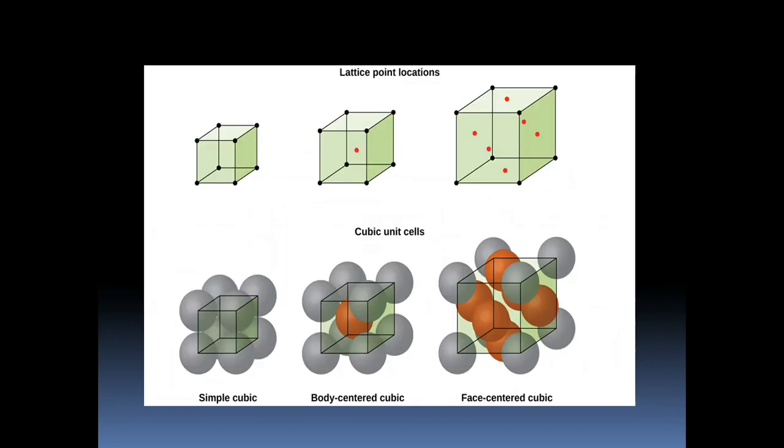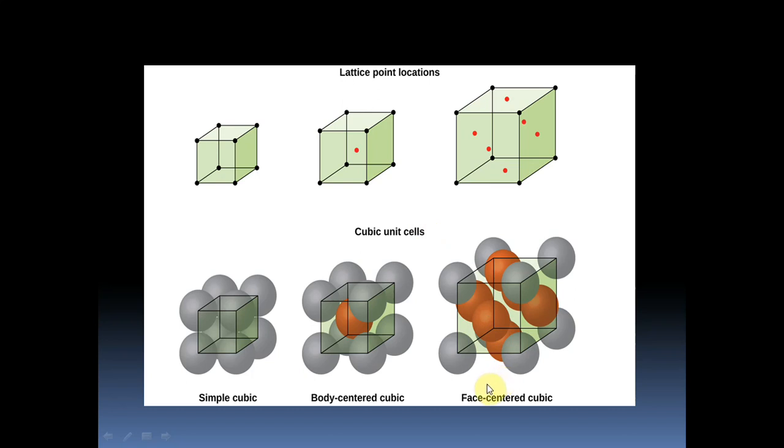See, once again over here in this picture. So see students, clearly understand here. This first picture is for convenience. We are showing only the lattice point. So the actual picture of a simple cubic cell is given below. So all particles are arranged very close to each other, and for convenience we are showing only the lattice point for representation, that is simple cube. Second picture of BCC you can see here, actual picture is like this. So particles are present in the corners of the cube, plus there is, see the orange particle, that is the center of the cube. So for convenience, we will be drawing in this way.